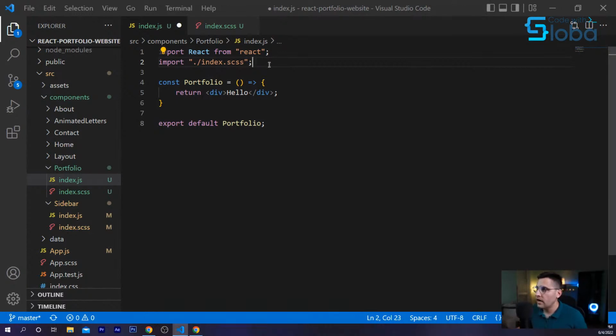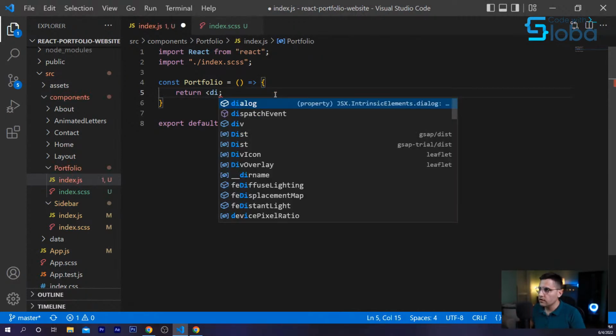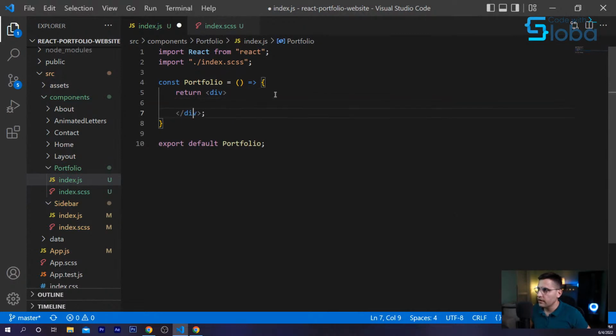Okay, so I imported the index CSS file so that it's connected, and now we can start doing the actual portfolio section. So what I'm going to do here, first I want to create a wrapper, right? And the only thing that we are going to have on our portfolio page is the title, like I said, title on top, which is going to be animated, same as the other pages, and portfolio boxes below that. So add a div, and actually I want to wrap that inside of the curly braces and add a div.